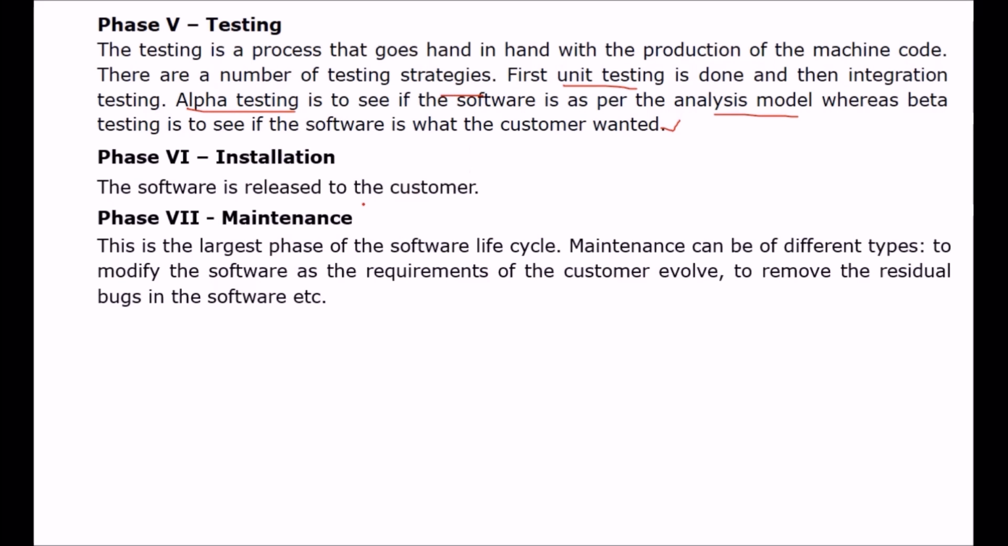Then the final phase is the maintenance phase. This is the largest phase of the software lifecycle, and it also involves various important activities. Maintenance can be of various types: to modify the software as per the evolving requirements of the customer, to remove the residual bugs in the software. There are various kinds of maintenance. There is a question we will discuss